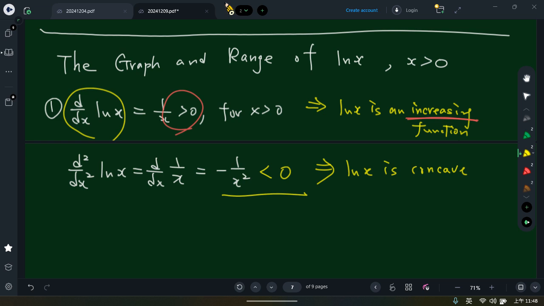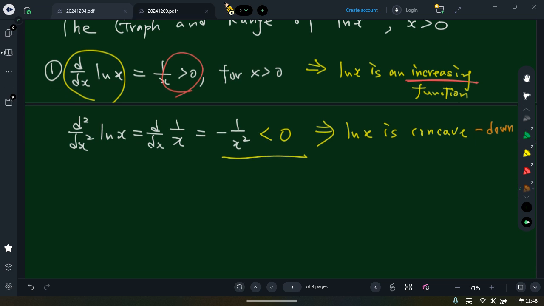Concave down. 不要忘了呢，这还在我们考试范围哦。一阶导数是来判断它的递增递减性，二阶导数是来判断它曲线在某个特定区间的凹口朝上或朝下 concavity。不要忘了呢。